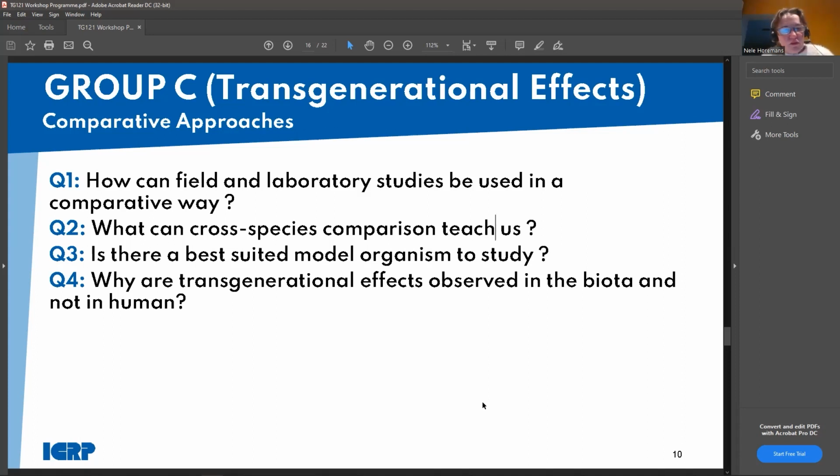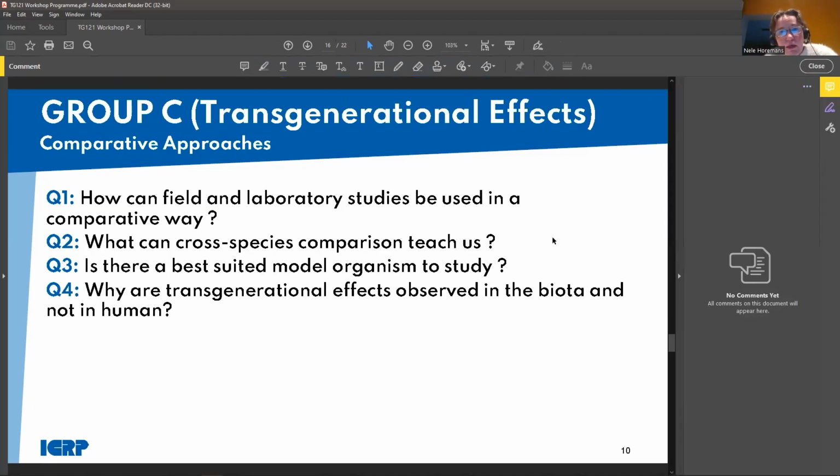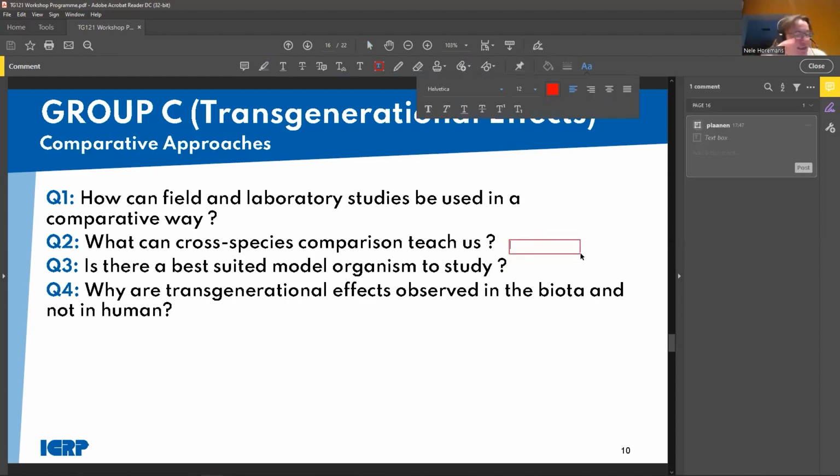Maybe interesting for the question 2 on cross-species comparison is maybe I can show you a few slides tomorrow on that. So what we have been doing is looking at recovery capacity of Lemna and comparing it to planaria. So planaria are these organisms that you can cut off the head, and you can look at the tail that forms again, or the head that forms again in the other one. So yes, I do have slides on that.